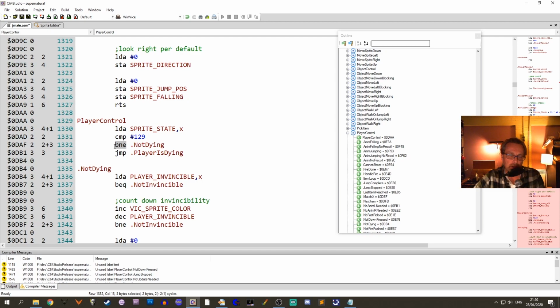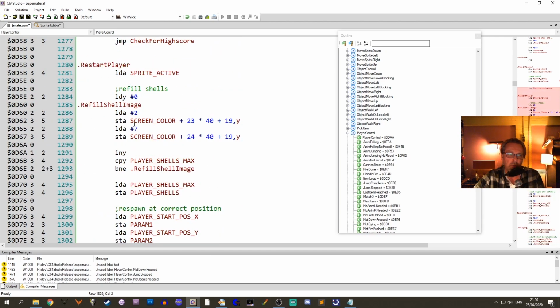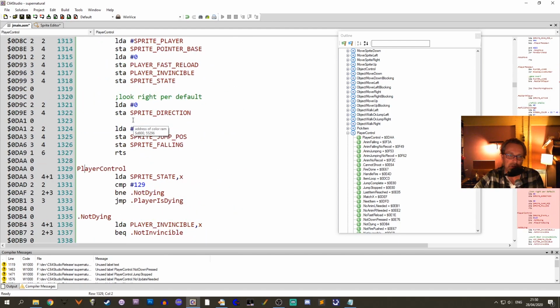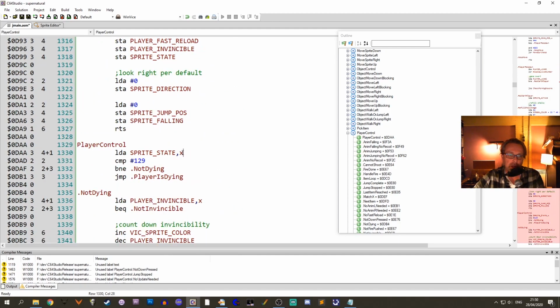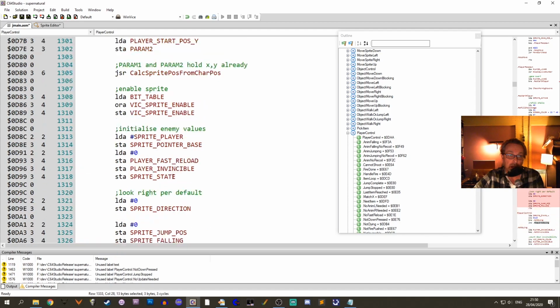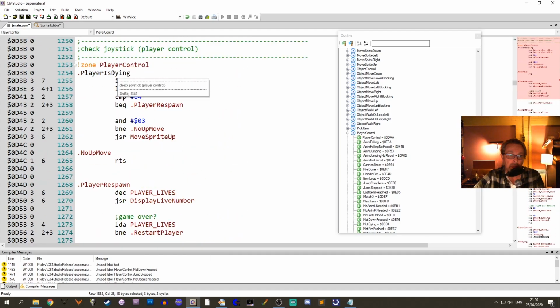But the thing chosen here is to just rearrange the code a little so that the entry code for this function is below where the zone starts up there. Basically, the first thing a player control now does is to check the sprite state. If it is 129, then we are dying. Otherwise, we are not dying. And if we're dying, then we go to player is dying,